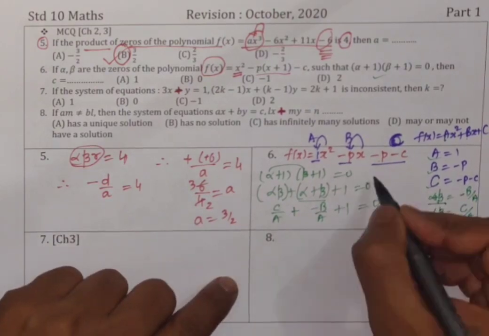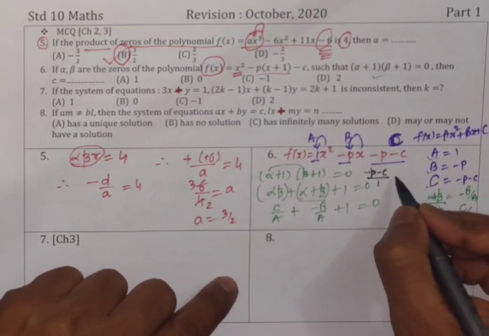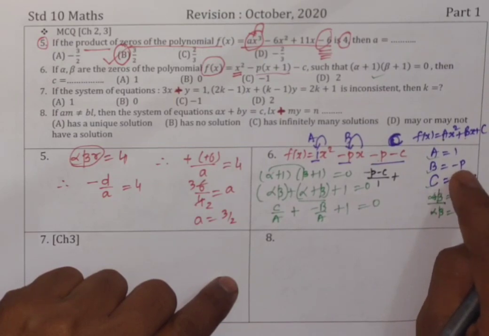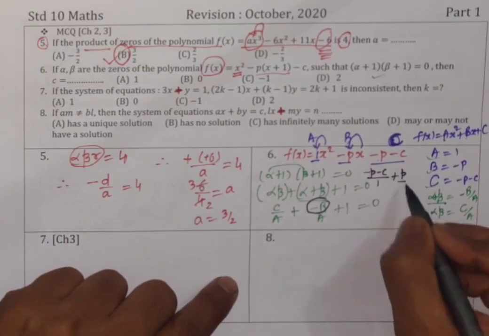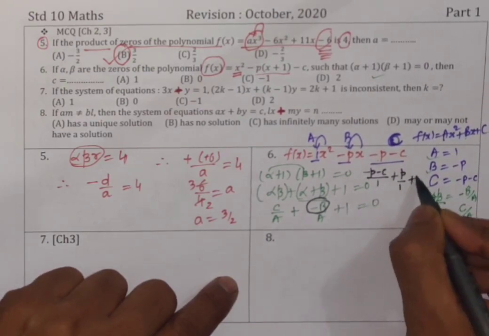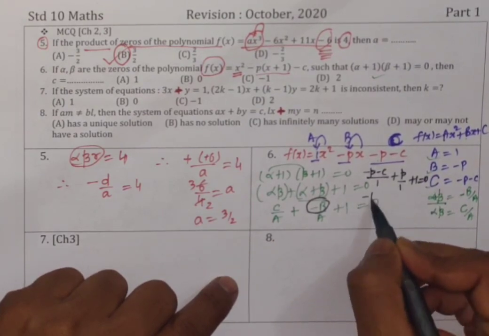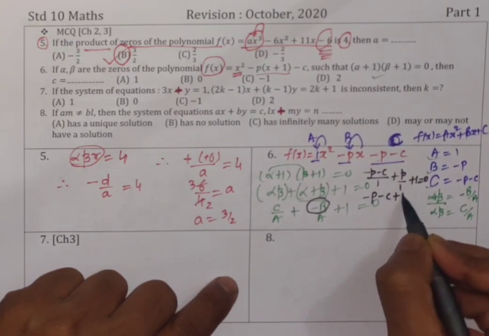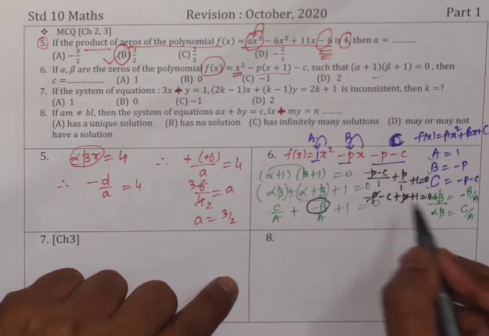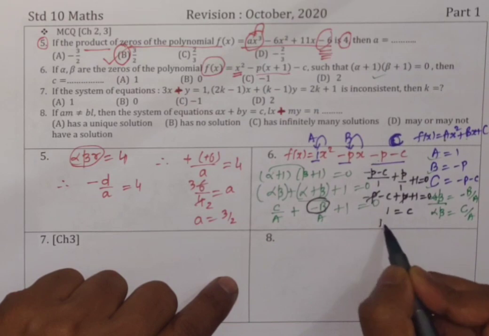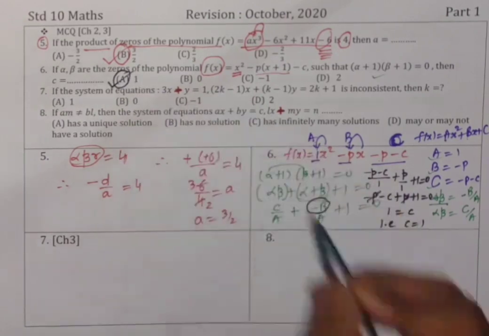Okay, what is C? The value of C is minus p minus c upon a, that is 1. Good. Plus, what is b? Minus p. So what will be minus b plus p upon a, that is 1, or plus 1 equal to 0. Chaliye, open the bracket. Upon 1 you may remove. So minus p minus c plus p plus 1 equal to 0. Minus p plus p cancels. Take c on the other side. So 1 is equal to plus c, i.e. c is equal to 1. So answer c equal to 1, and that is A.